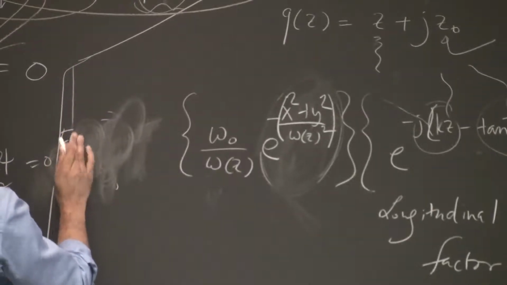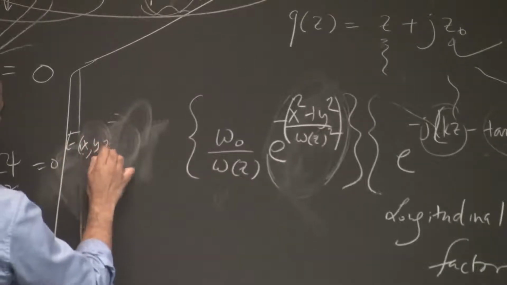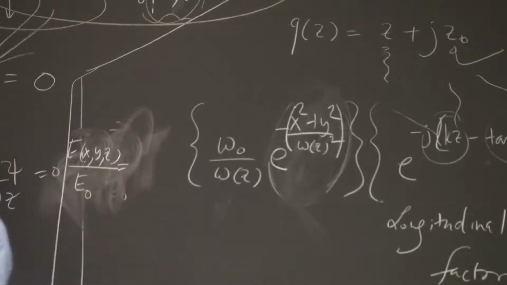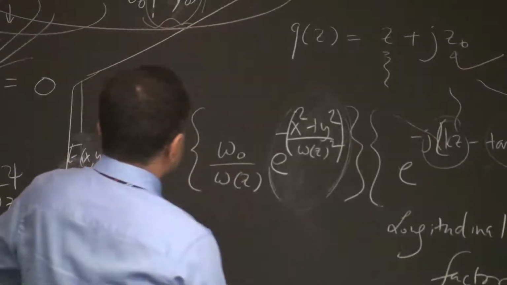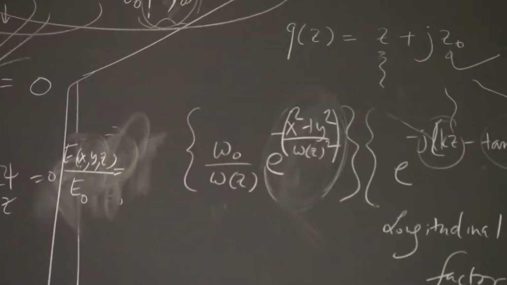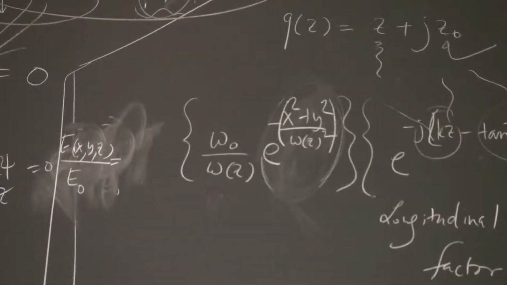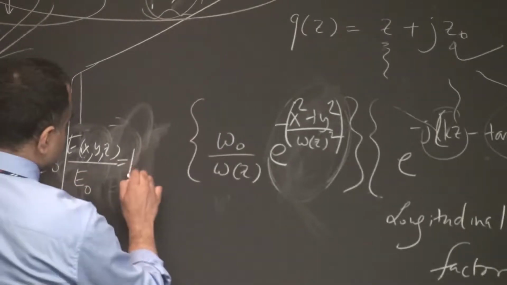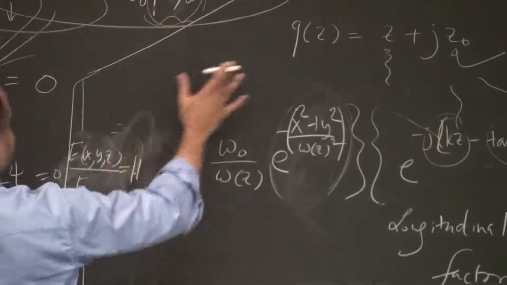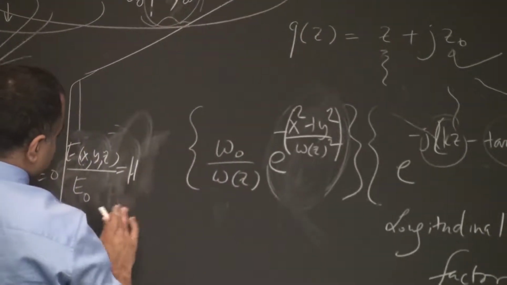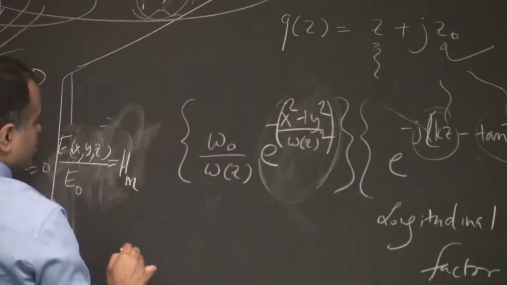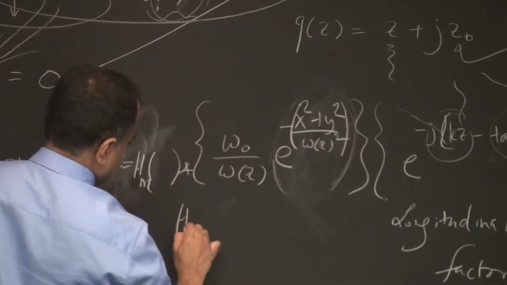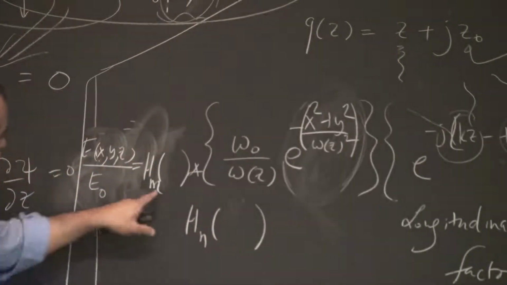And as a result, the electric field we write as a function of x, y, and z. In fact, let's forget about the vectorial nature; we understand what that is. In front here, we will now have to say which mode this is. The Gaussian happened to be the 0, 0 mode of a much bigger set of possibilities. When we try to solve an equation like that, we get these Hermite polynomials, and I'll write them as Hm and Hn, right? So there's no space here, so Hm and Hn.